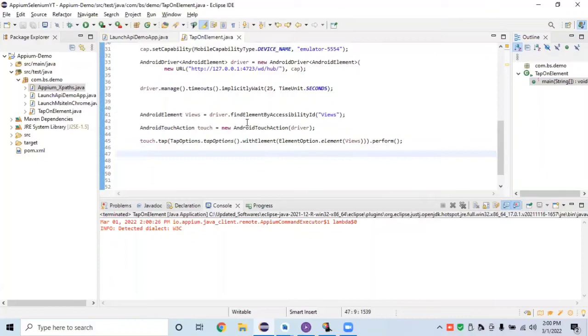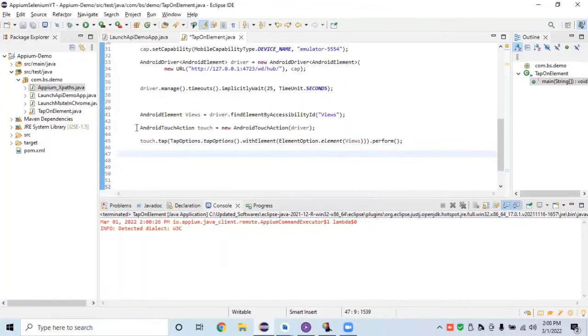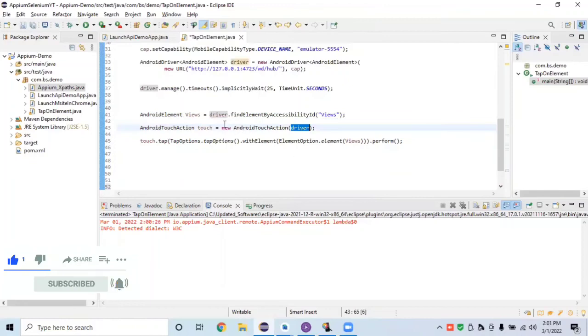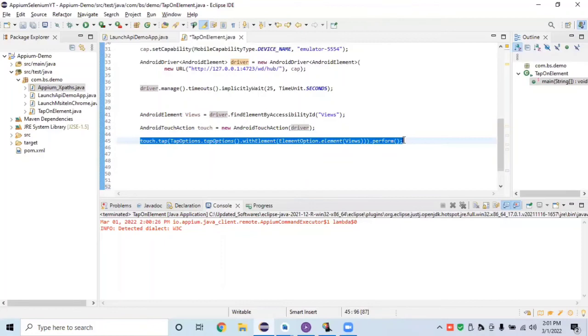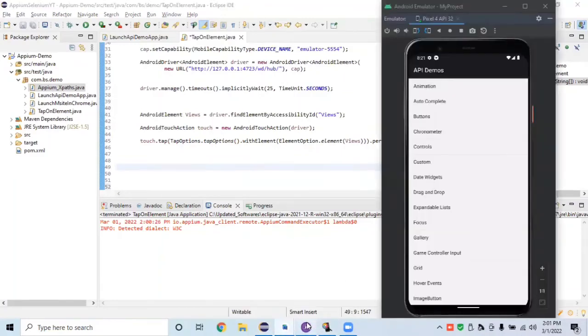We need to create a touch action class object and perform these methods practically, so that we are able to perform touch action on the element. After that, we have seen how to create a touch action class, how to pass the driver as an object argument here, and how to tap on the element. Now we need to see how to long press the element. So to perform the long press action, we need to